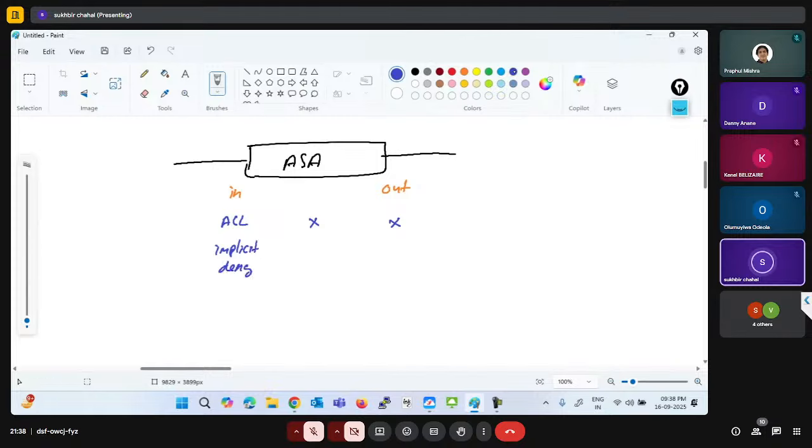What I'm trying to explain is, if I apply one ACL on this interface in the inbound direction, and there is no other ACL on the ASA, no ACL on the outside interface, and no global ACL. I will explain global ACL later. By mistake I previously said global ACL here, but that is actually the global policy, which has a deny statement. Not global ACL. Global ACL is something else. Okay, now